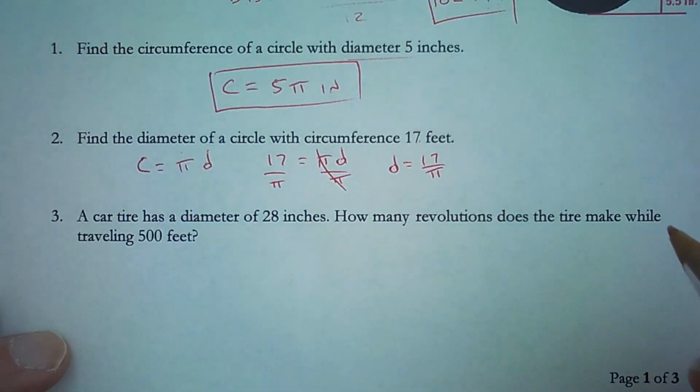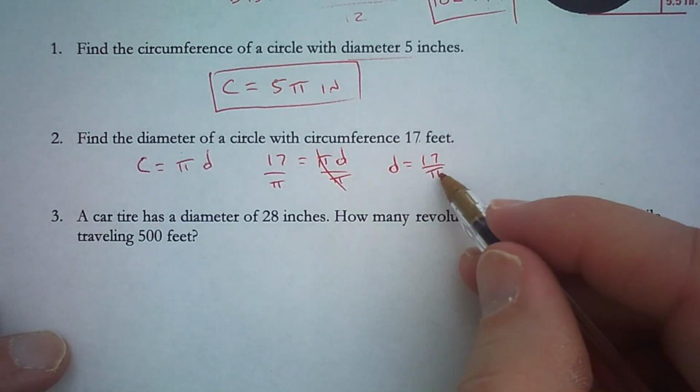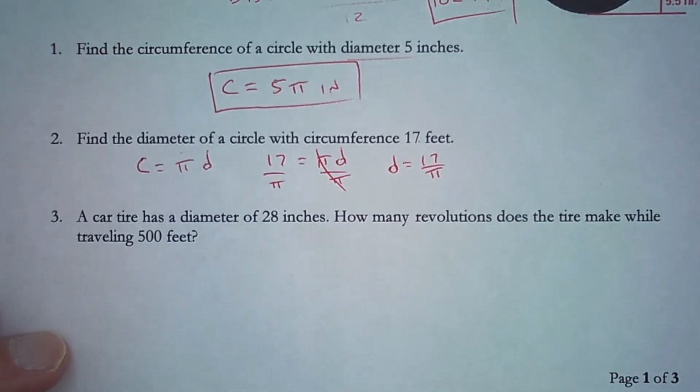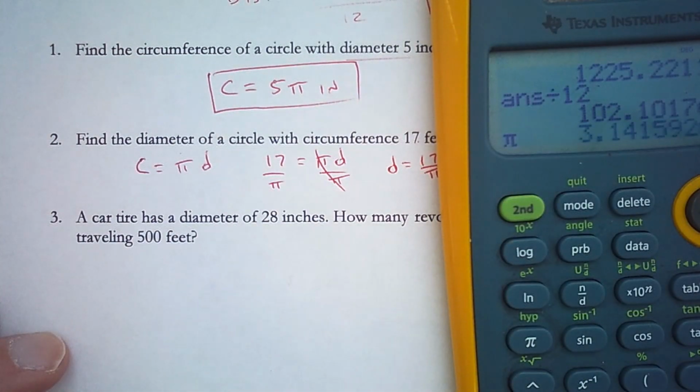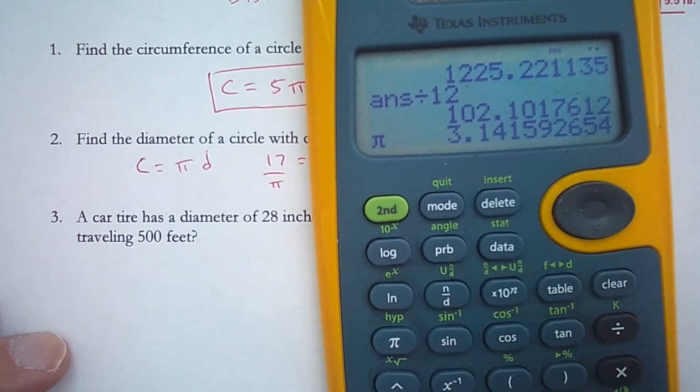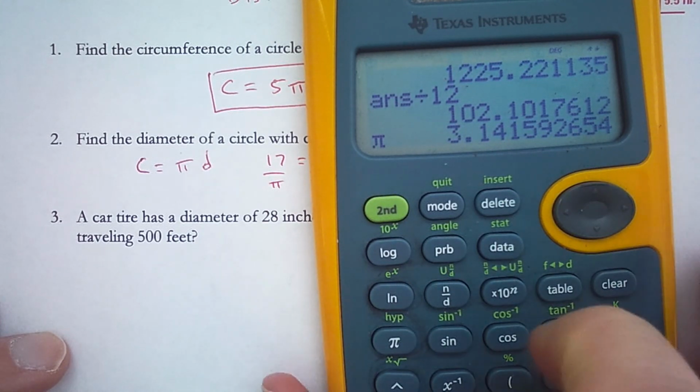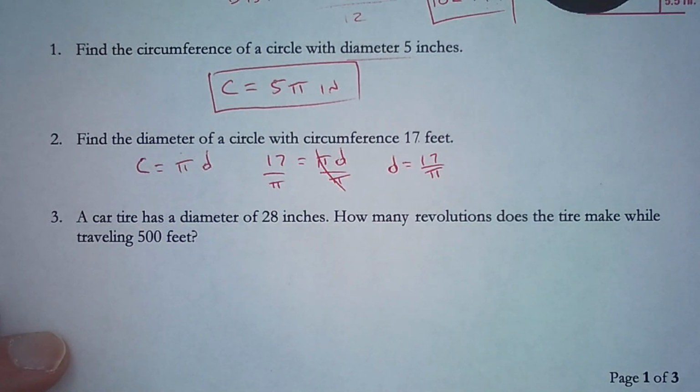Now that's an exact answer, but again, we don't usually leave an irrational number in a denominator. And what that means, as an irrational number, if I type that in the calculator, it fills up the whole calculator, fills up that whole screen, and then what it does is it continues forever. It never repeats, it never terminates. That is an irrational number. So I don't want to leave that in